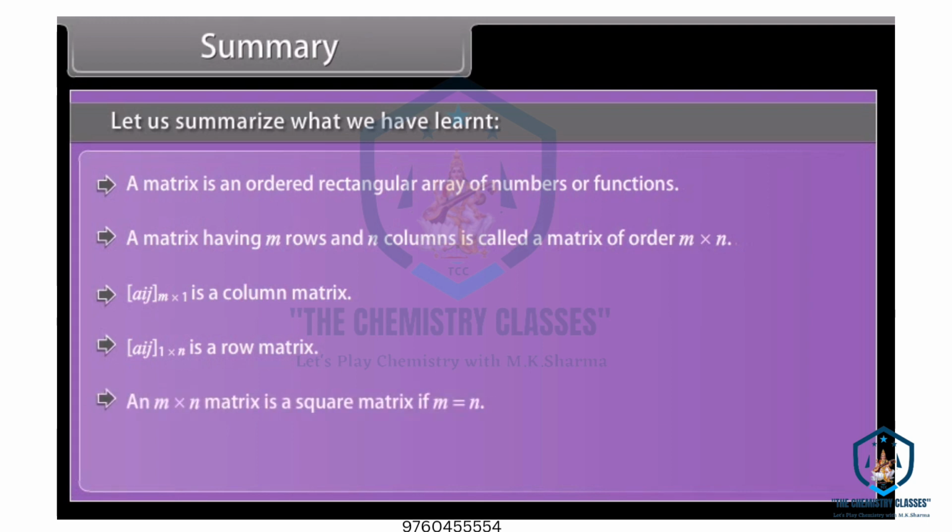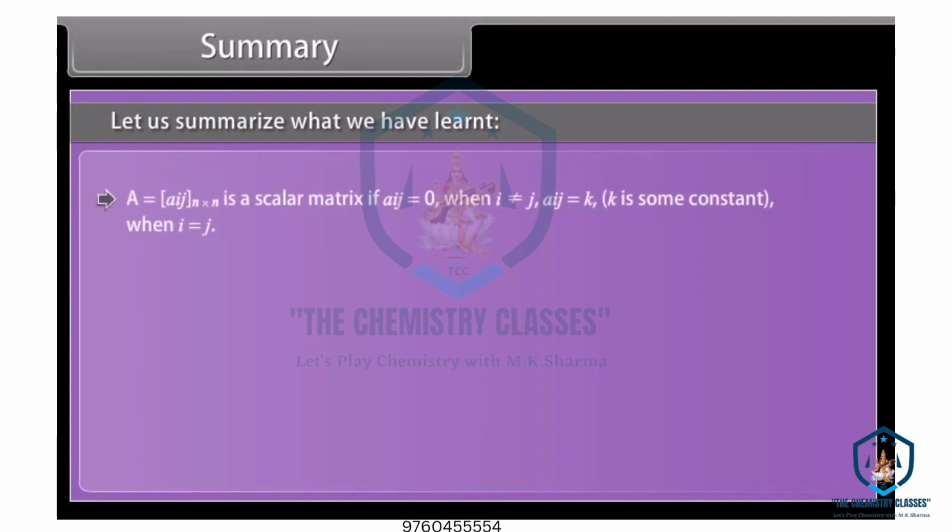An m by n matrix is a square matrix if m is equal to n. A is equal to [aij] m by m is a diagonal matrix if aij is equal to 0 when i is not equal to j. A is equal to [aij] n by n is a scalar matrix if aij is equal to 0 when i is not equal to j, and aij is equal to k, where k is some constant, when i is equal to j. A is equal to [aij] n by n is an identity matrix